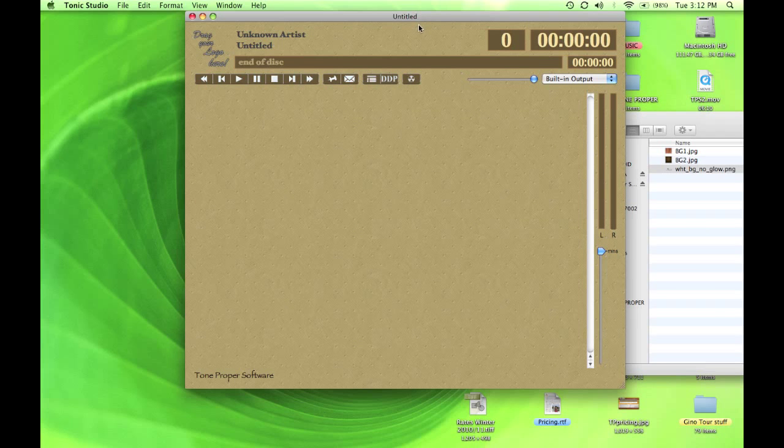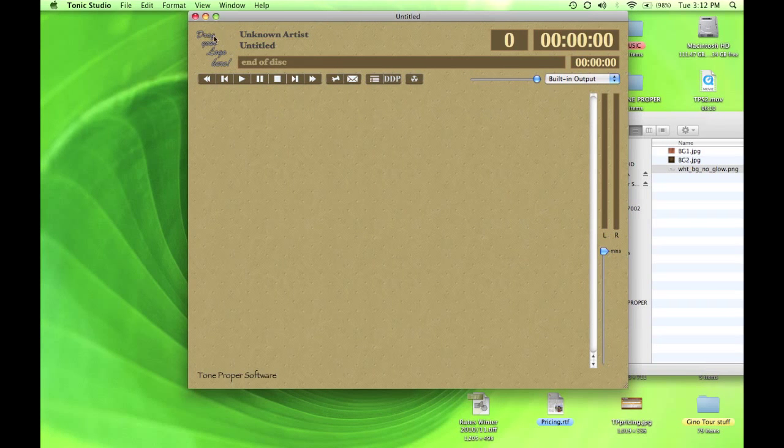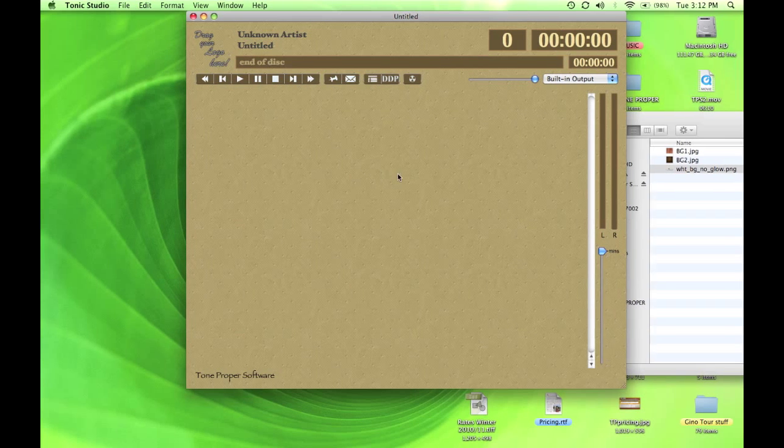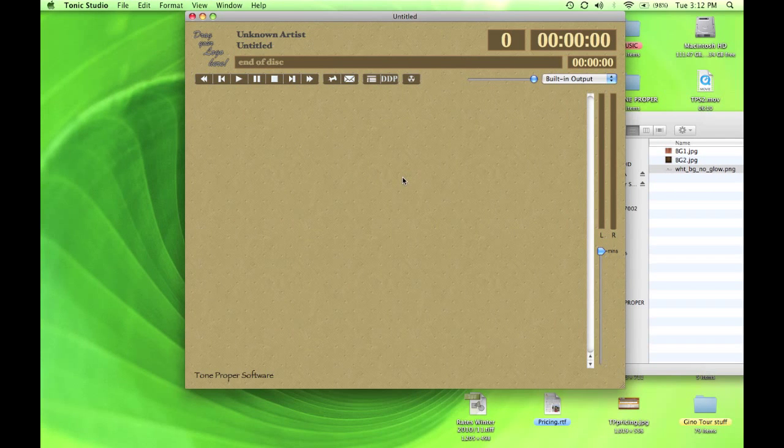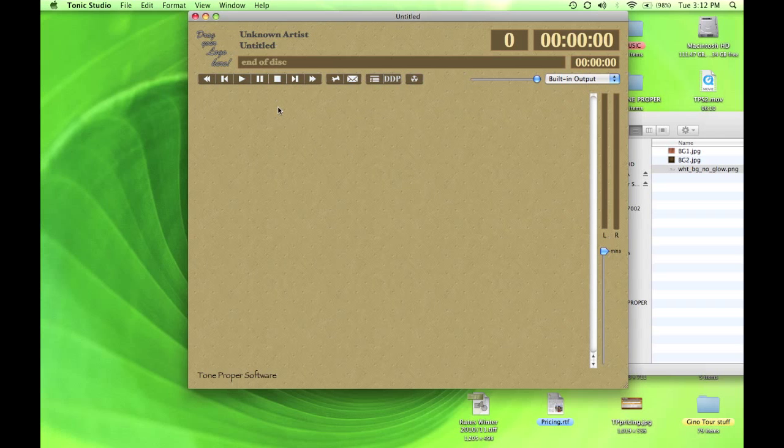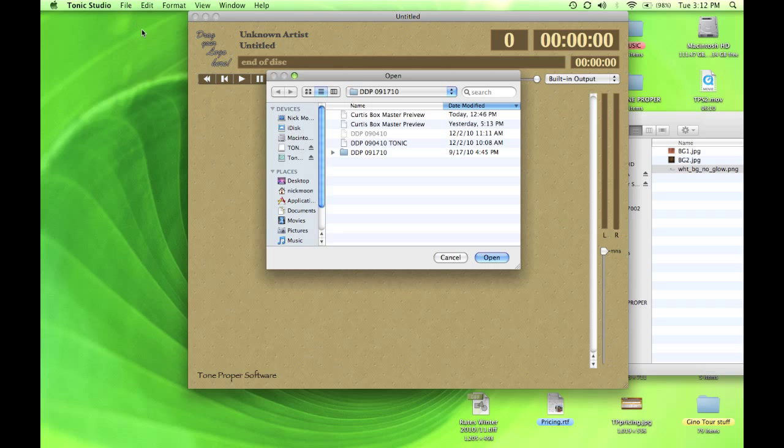First things first, I'd like to change the background and add my logo, maybe change the font and text to give it a certain look and feel, so I can send it to my client. First thing we're going to do is open a DDP, which of course you can create with whatever DAW you're using. I've got a DDP here,